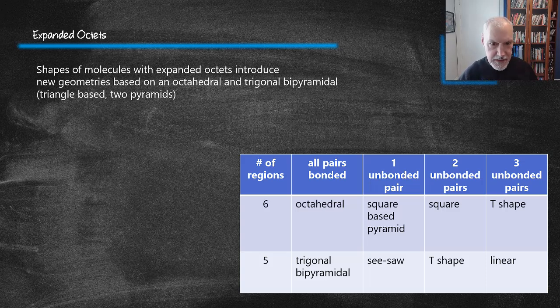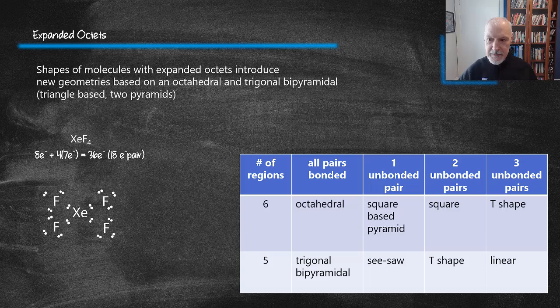pairs. Let's look at how this works by considering xenon tetrafluoride. First, we determine the total number of electrons, 18 pairs in this case, xenon in the middle, and 4 fluorines. We bond the fluorines to the xenon and complete their octets. At this point, I've used up 32 electrons, and I need to replace the remaining 4, and I'll give them